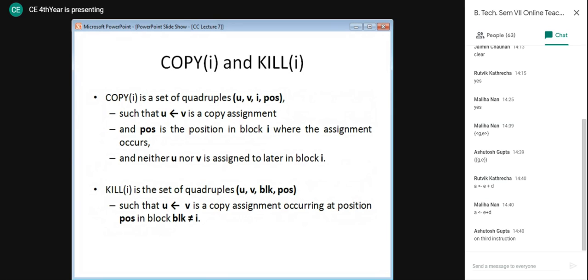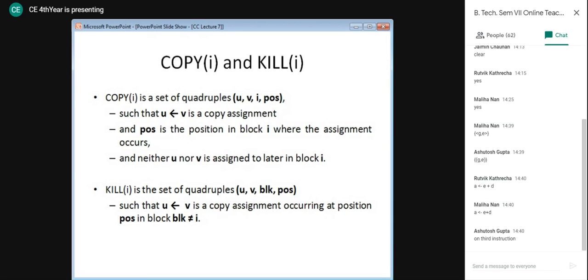The first one is U and the second one is V. These indicate that the copy assignment is of the form V is assigned to U. I is the block in which the assignment is taking place, and POS is indicative of the position in the block I where the assignment is made. And we need to check that neither U nor V are assigned later in the block I. If they are later assigned, then it is not copy propagation.